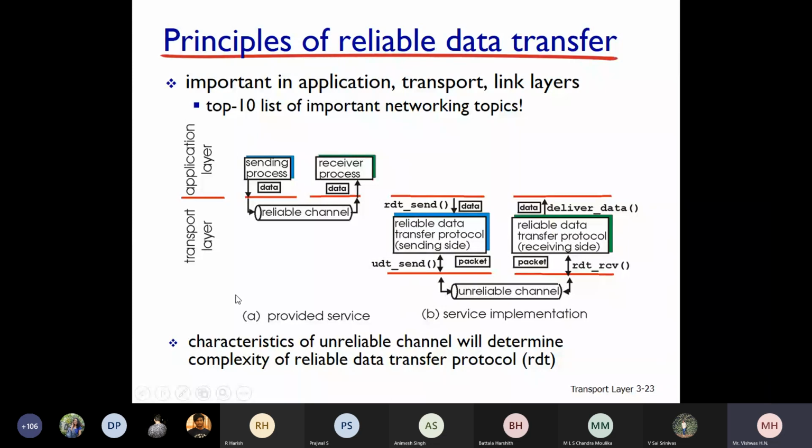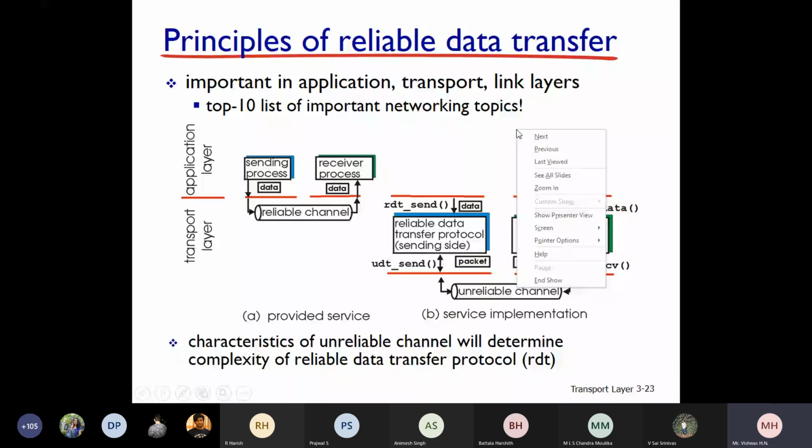So this is what we had discussed in the previous class. Four function calls are very important: RDT send, UDT send, RDT receive, and deliver data. RDT receive and deliver data happen at the receiver end, and RDT send and UDT send are called on the sender side.